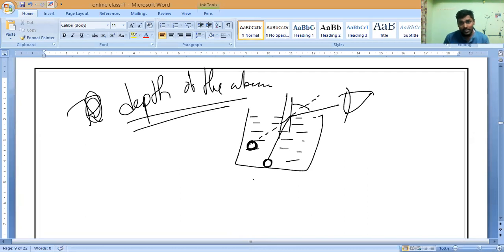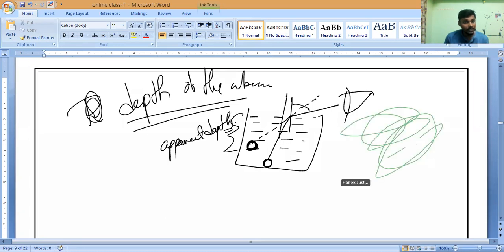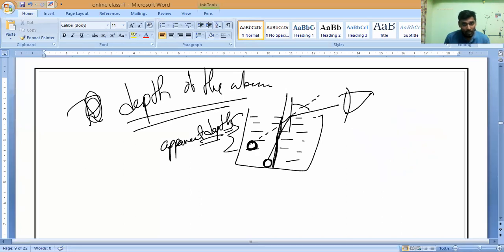So in this case, they will ask you the refractive index of the medium or the apparent depth. One thing: somebody is making noise. Please don't do that, you are not a kid, correct? So apparent depth. Remember, the real depth is the depth of the coin placed at the bottom of the container. What should we call it, guys? Real depth. Now the false image, which appears to us a little bit raised, is called apparent depth. What should we call it? Apparent depth.